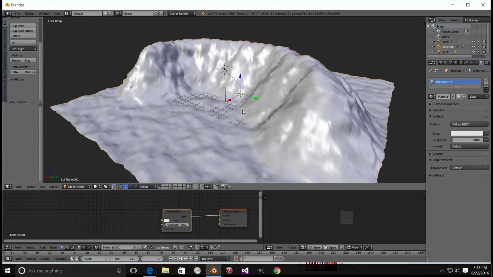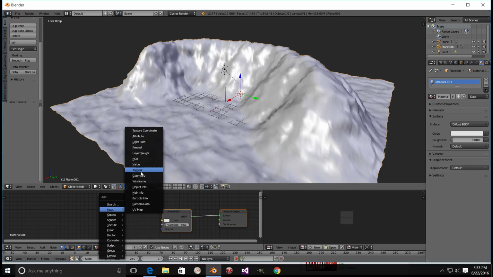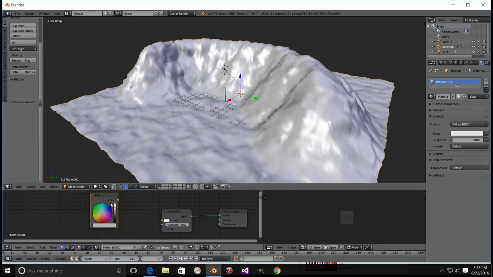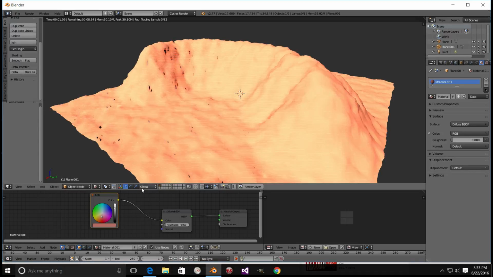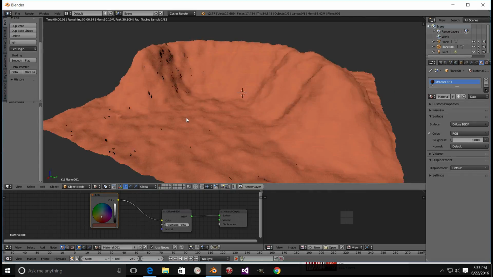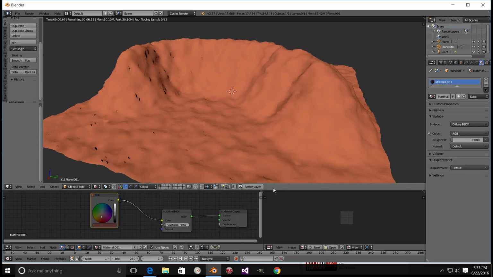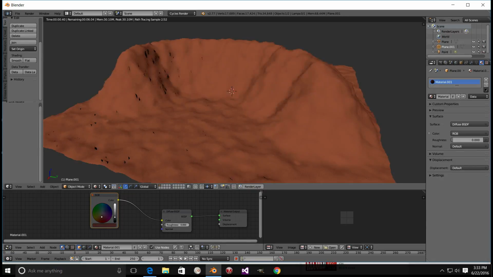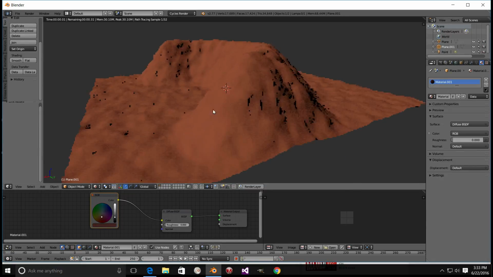Add a little bit of a material here. Input RGB. Set that to our diffuse color. And rendered mode. Let's darken that up a little bit. And let's darken that up a little bit more. And of course, this is just more or less the